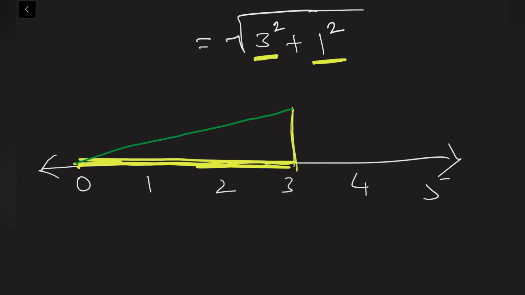Now take a compass and keep the sharp point at this place and the pencil at this corner. Measure it, how much is there. With the same measurement from this point, draw a dotted line onto this original number line. It will meet the number line somewhere. That will be the value of root 10.